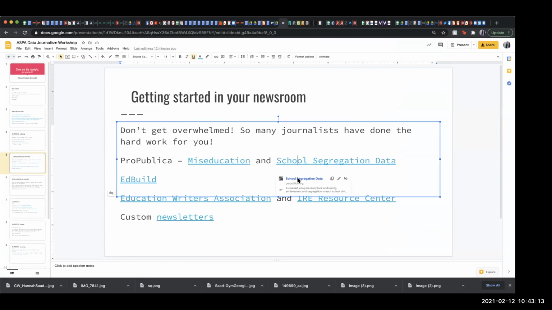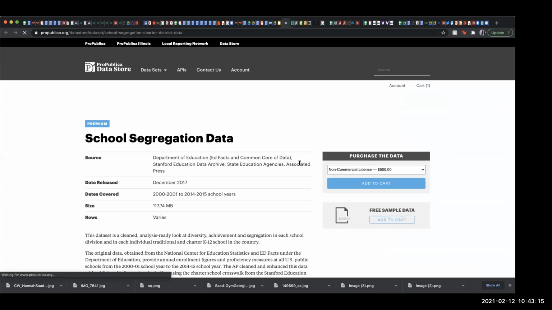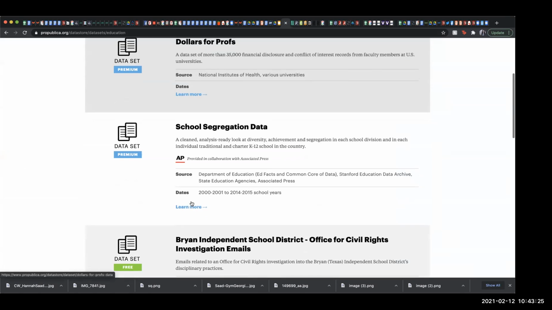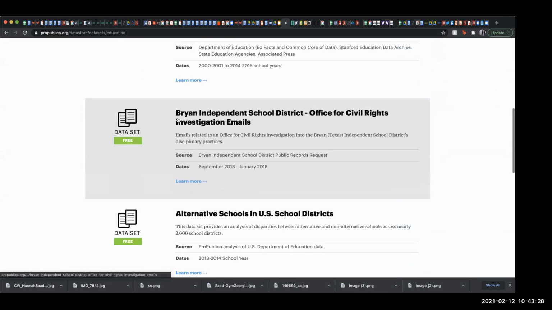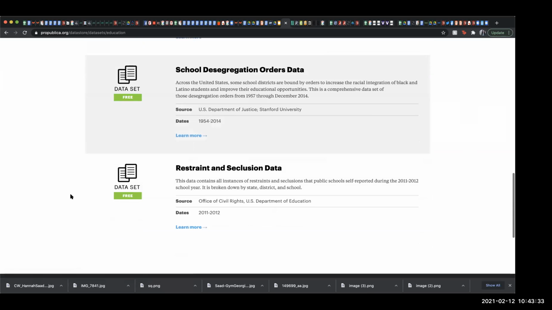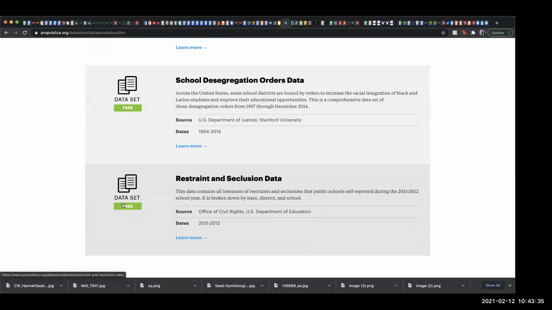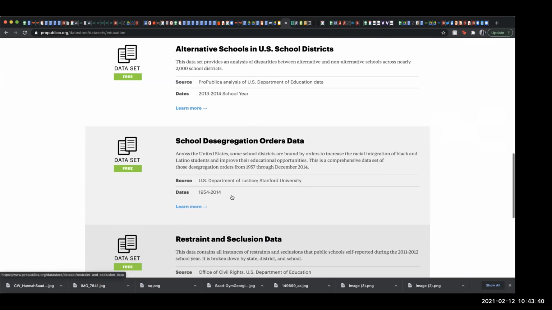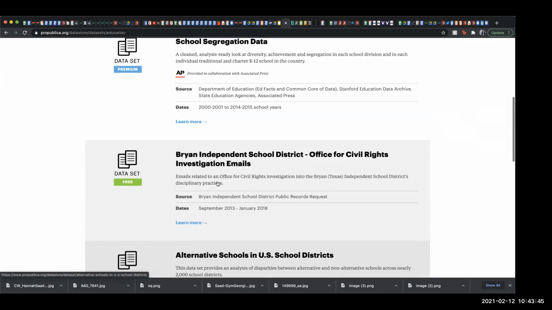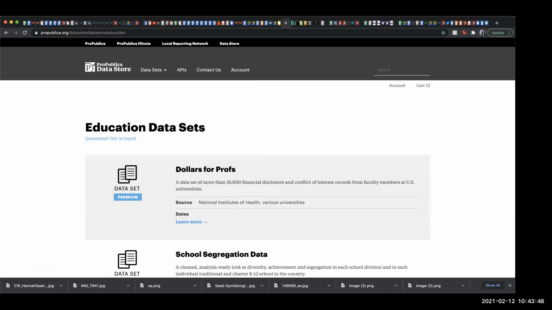Another one, this is information you actually have to pay for, but ProPublica has a number of tools and a number of data sets, if you go on education. Some of it is higher ed, but some of it is also national K-12 school data. And some of these are free, so you can download the free ones. Restraint and seclusion. Just make sure that the years are somewhat relevant, but that is all there for you.